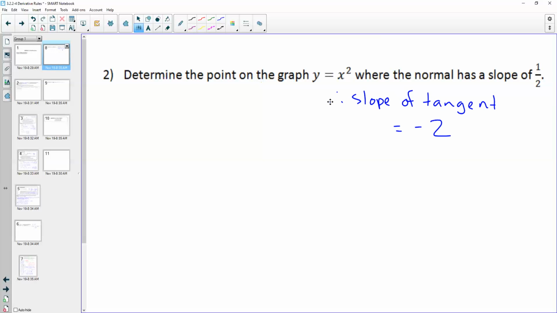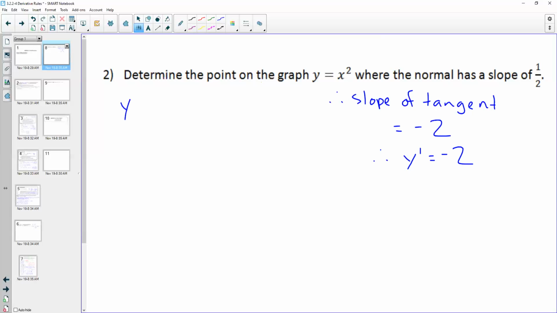Okay, so therefore y prime is equal to -2. Okay, so if we have, okay,